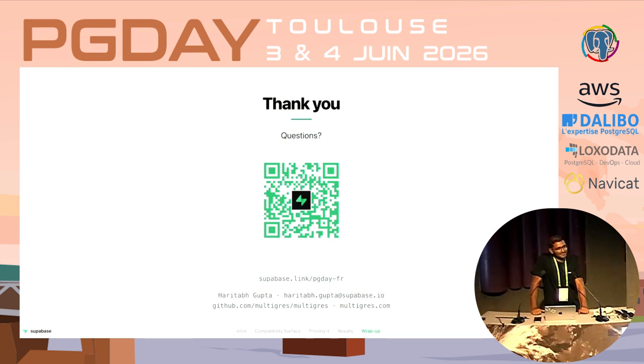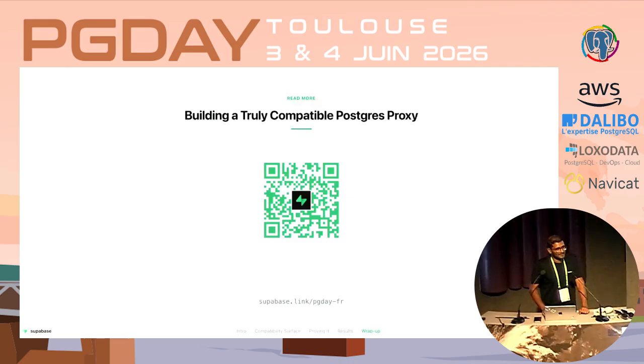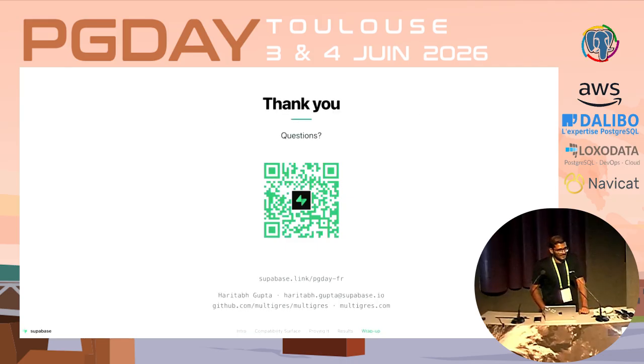Yes, thank you for the presentation. Did you measure the impact of this serialization, deserialization? You mean the performance? Yeah, the performance. Yeah, that is still ongoing. I would not want to quote any numbers now because we just released the alpha version of Multigres, which is live now, and currently we are in the hardening phase, so we are optimizing it for performance now.